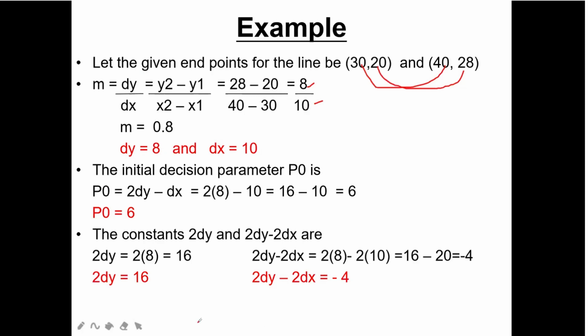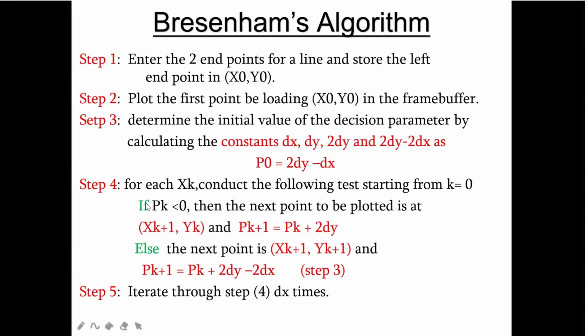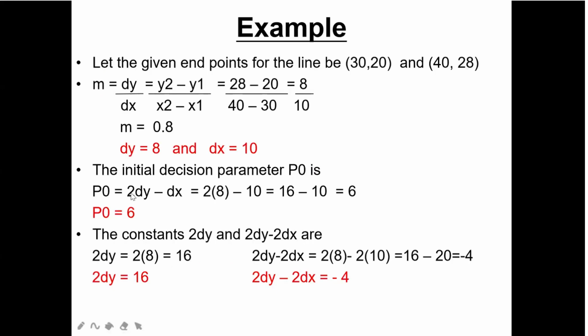Next point, like I have told you, you have to find out your initial decision parameter, and then here you can see some of the values are there, right? Some of the things we are going to calculate. So here the first parameter p0, the formula is 2 dy minus dx. So here I'm just putting that formula, 2 dy minus dx. All these things you have to remember, because how we got this p0 value I have already explained to you in Bresenham's line algorithm.